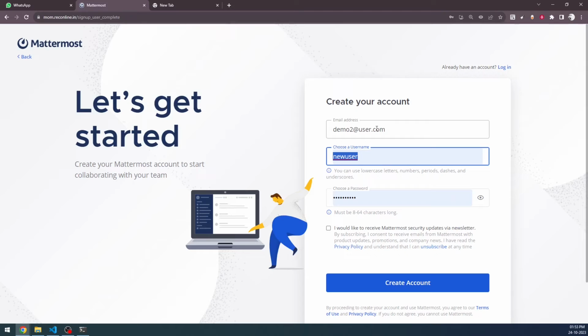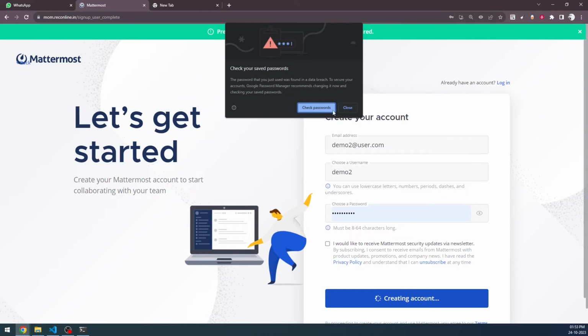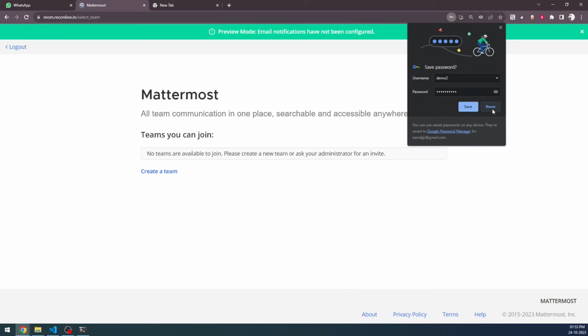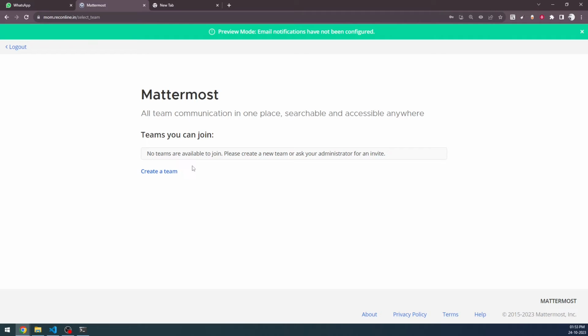I'm not worried about any of these conventions, but in an actual server, this kind of mail will not work, so it might actually flag an issue. Next, we have to provide the username, so I'm going to say demo2, and then I need to choose a password. Whatever password I have chosen here, I'm going to keep it as it is, and then I'm going to say create account. And once that is done, I'm going to save it, and here it's asking me to create